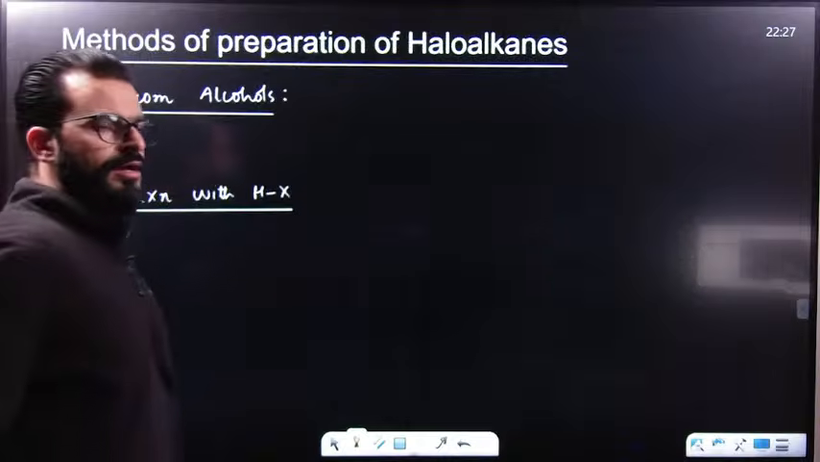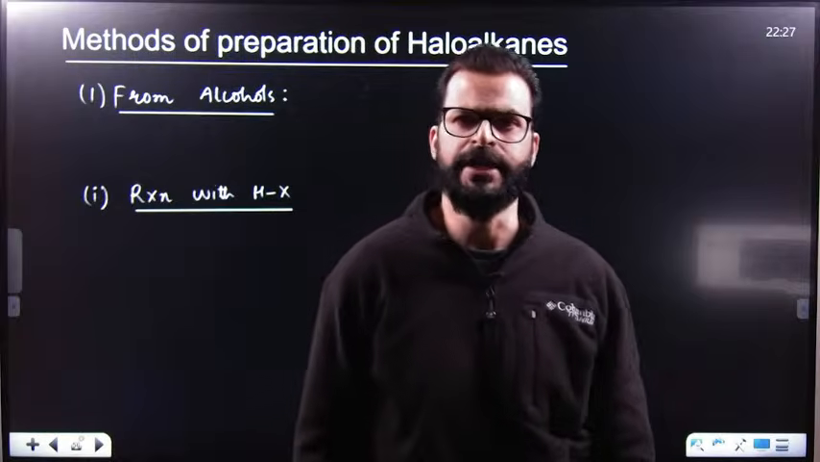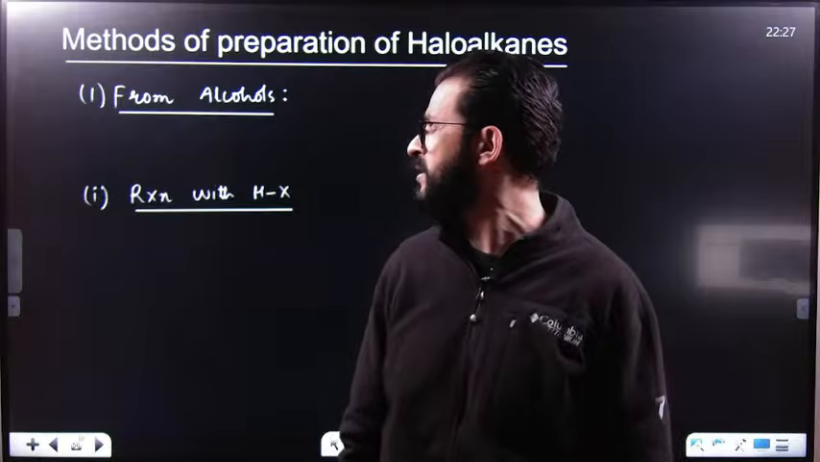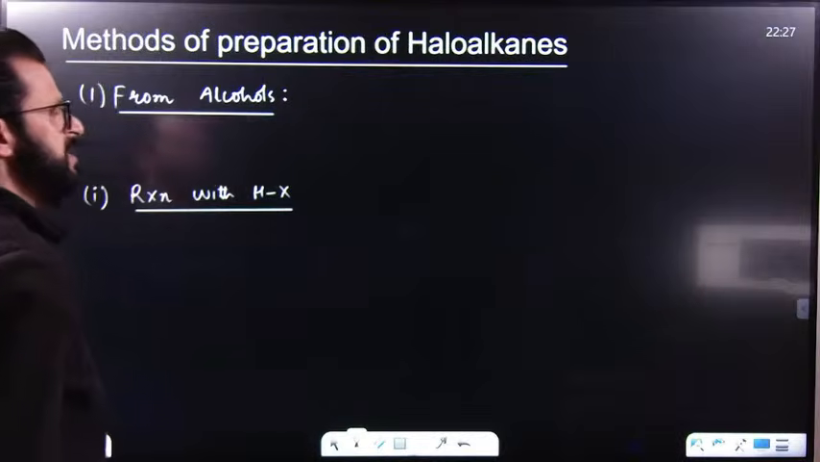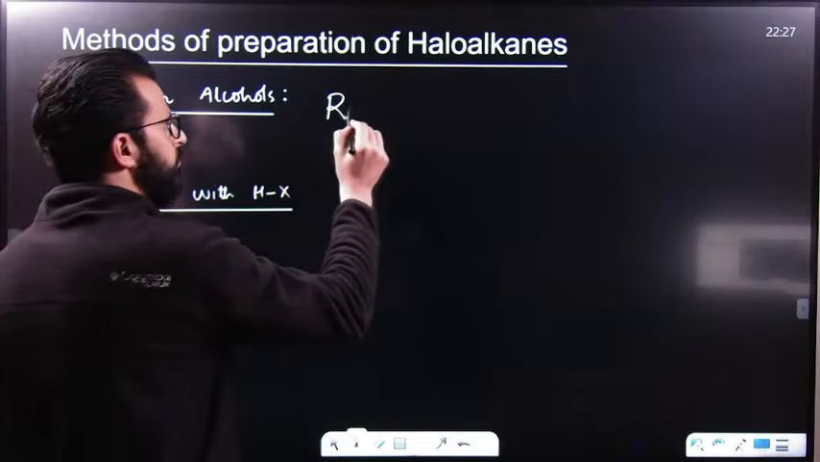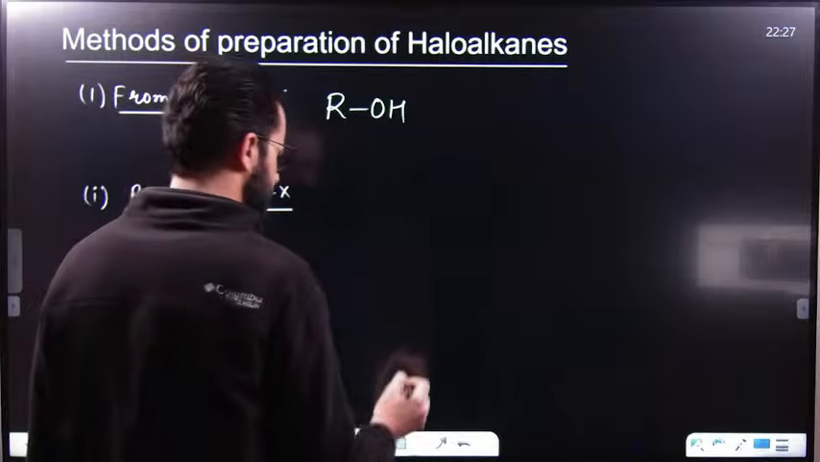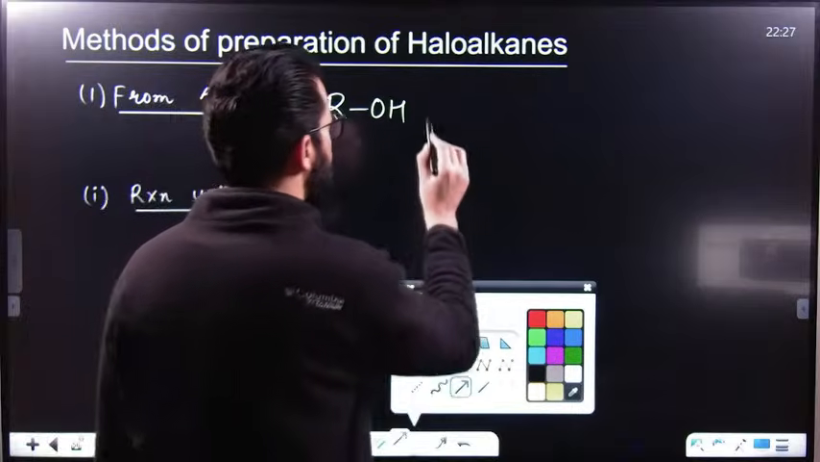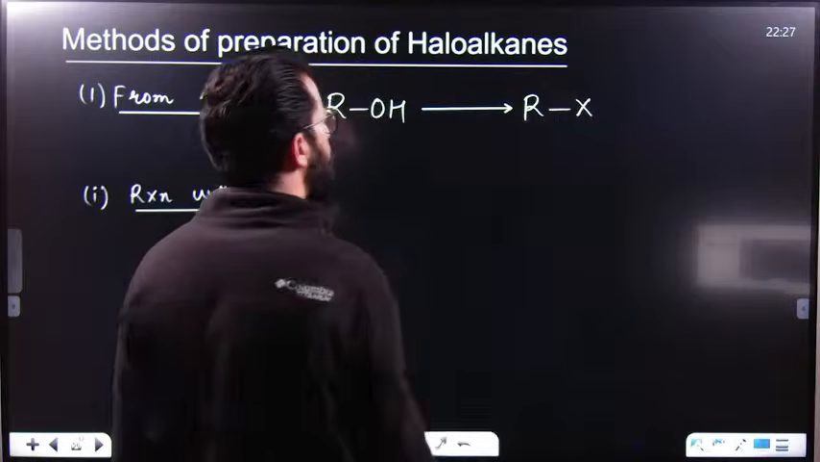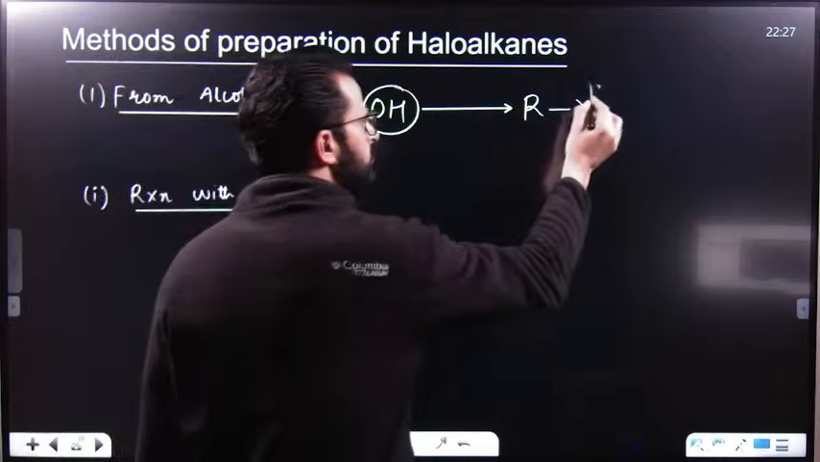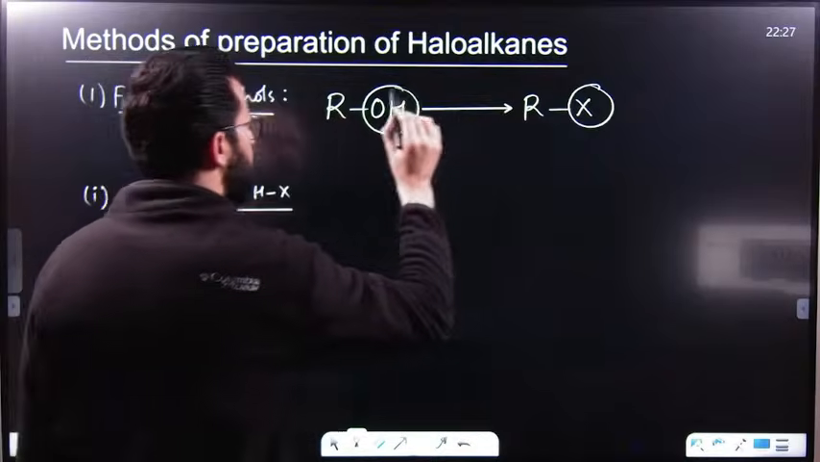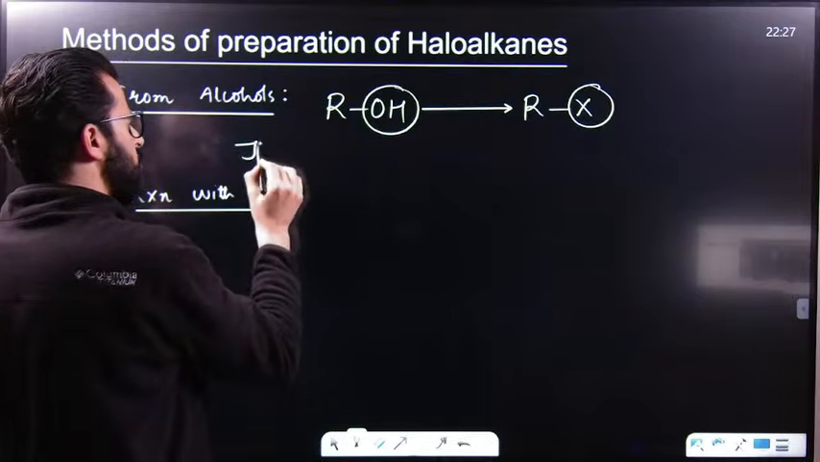Now, let us start our chapter. These were a few basics which we will need in this chapter. So let us start our chapter. From alcohols, first of all, we have to prepare alkyl halide or haloalkane from alcohol. What we have to do is replace this OH by X. That means whenever you have to form RX from alcohols, these types of reactions are